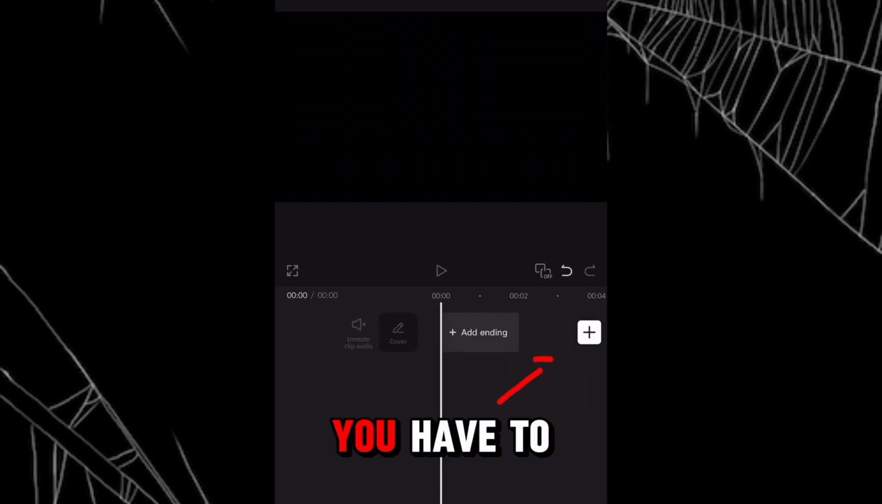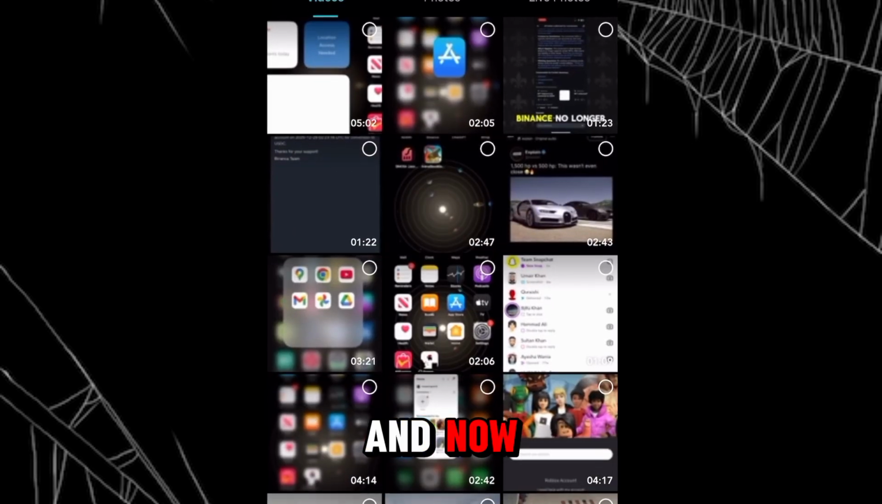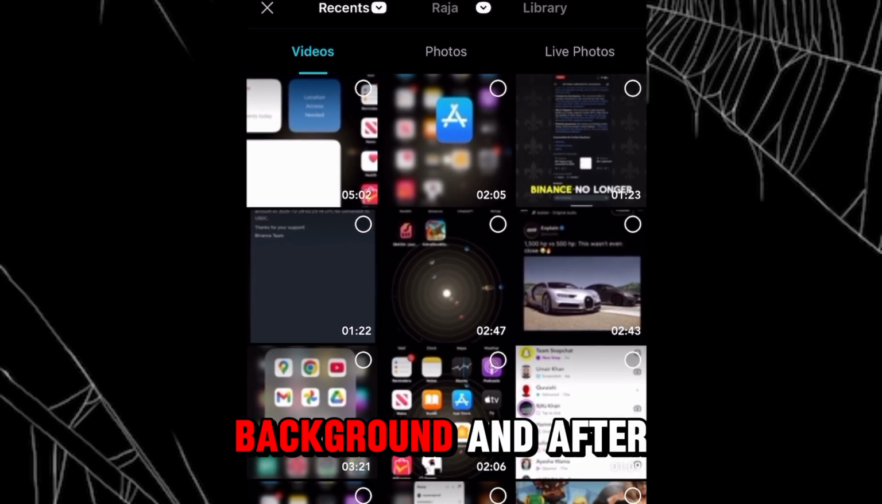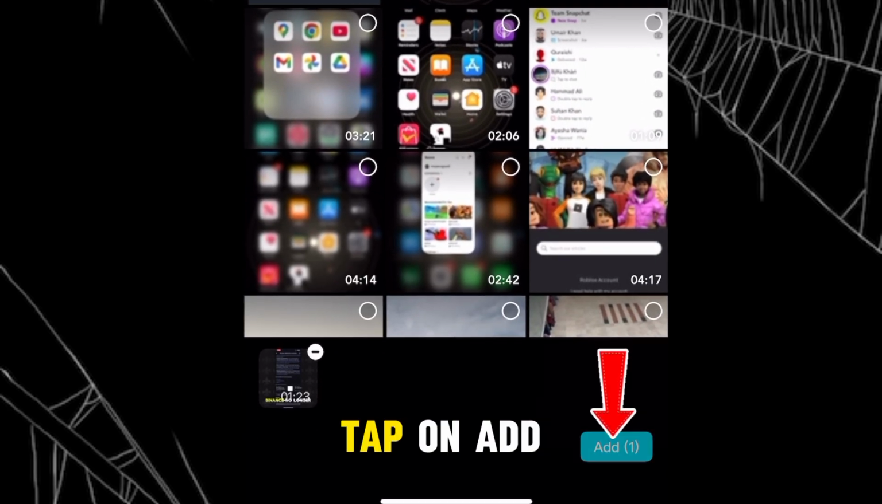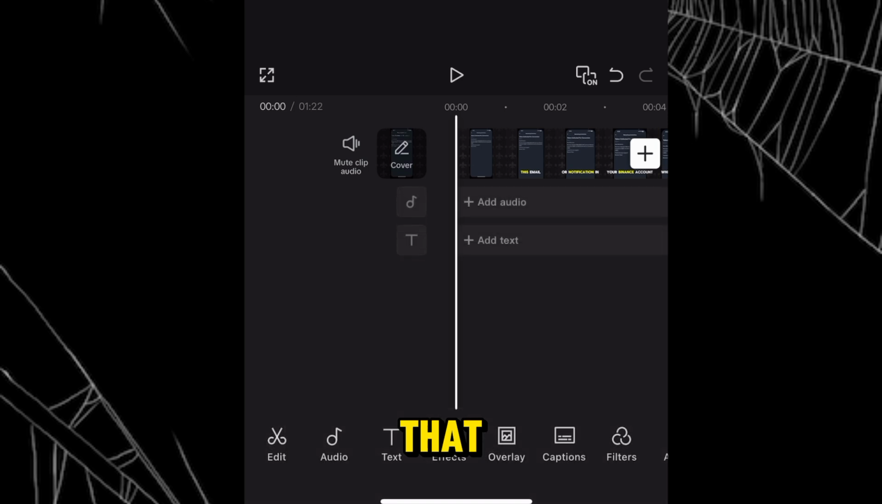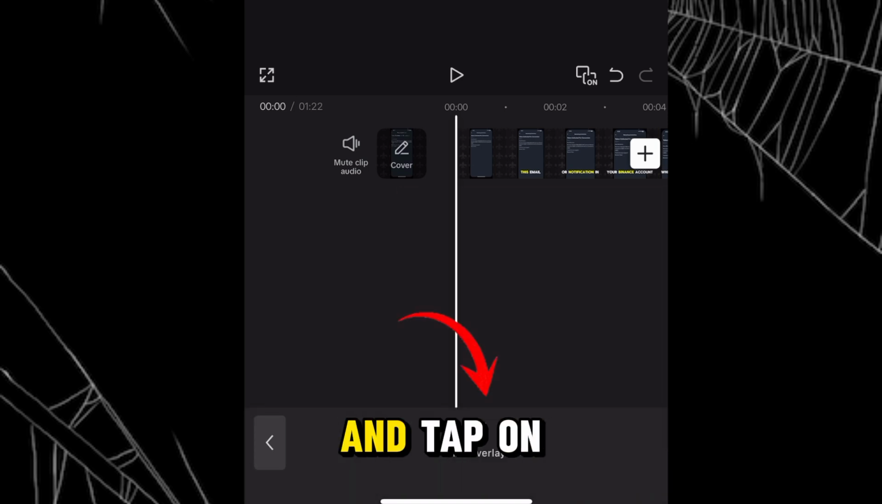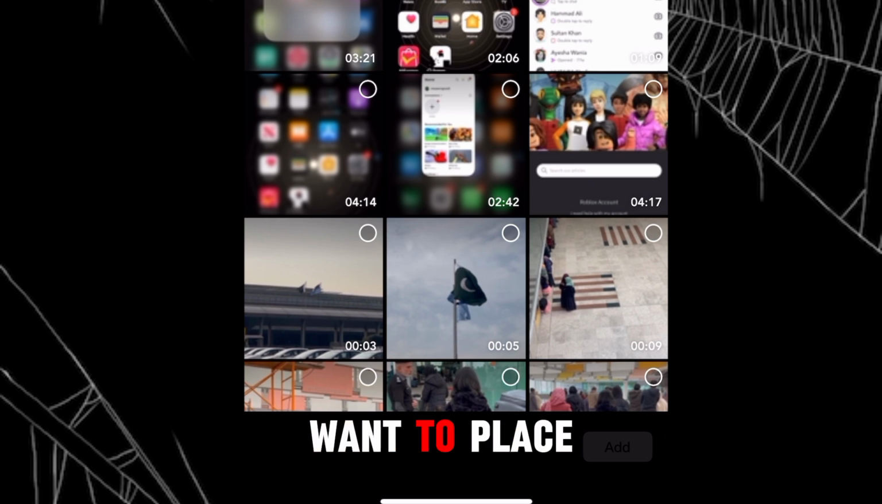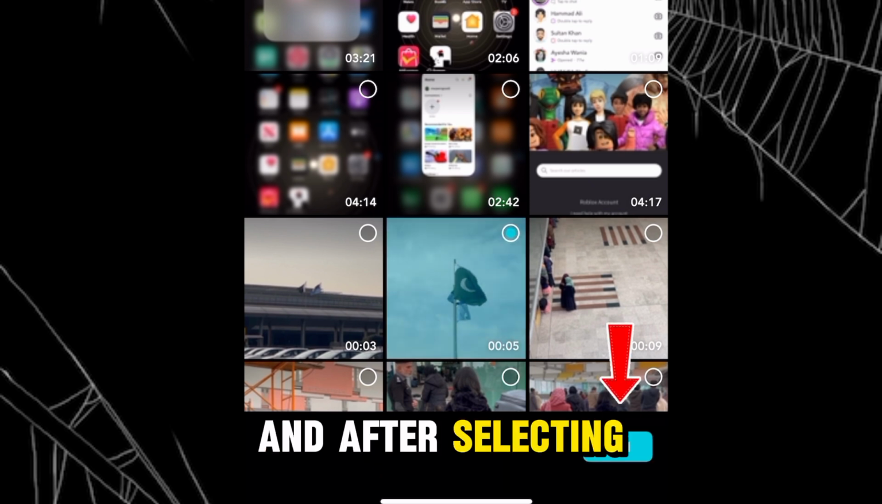And after that, you have to tap on this plus button, and now you have to first add that video that you want to place at the background. And after selecting it, tap on add button, and after that go to the overlay section again and tap on add overlay button again. Now select the video that you want to place upward, and after selecting it, tap on